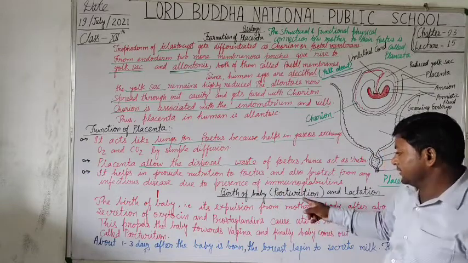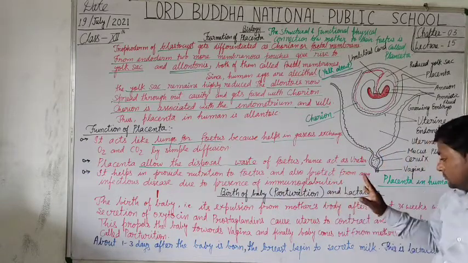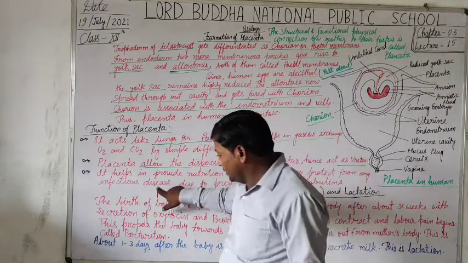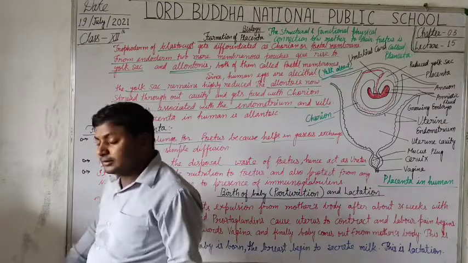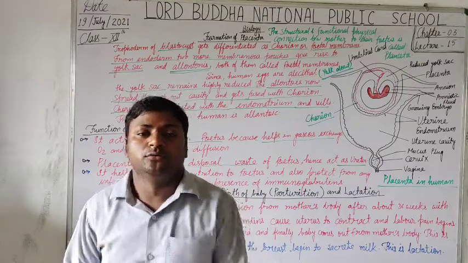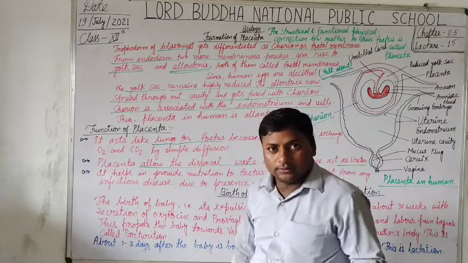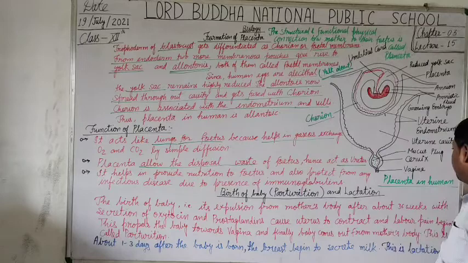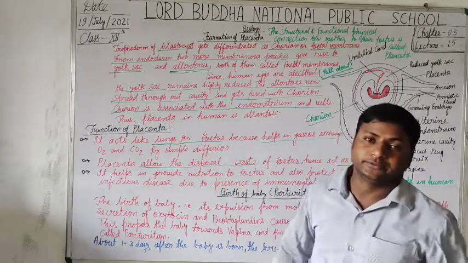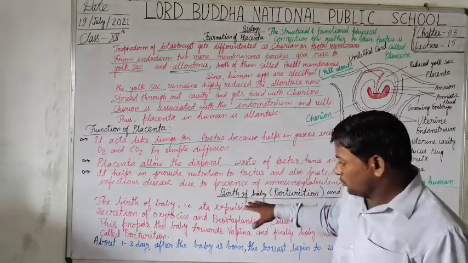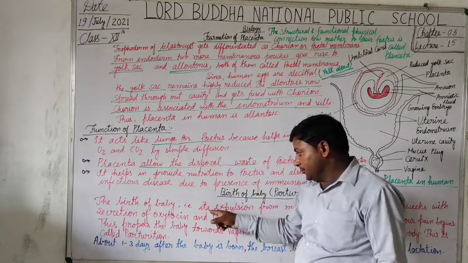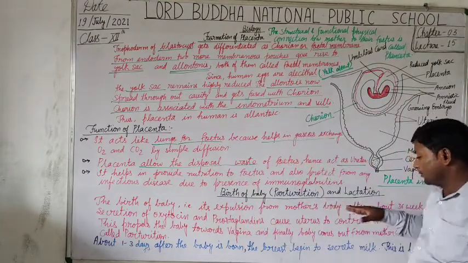Now, birth of the baby, that is called parturition, and lactation. In simple terms, the birth of the baby from the mother's womb is known as parturition. So, the birth of the baby, it means its expulsion from the mother's body